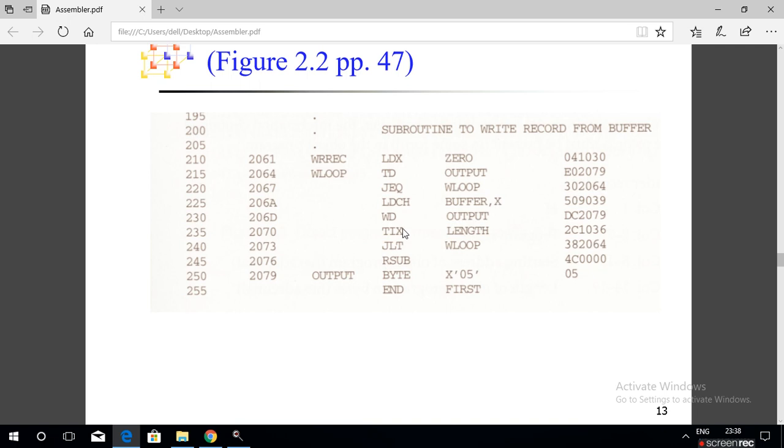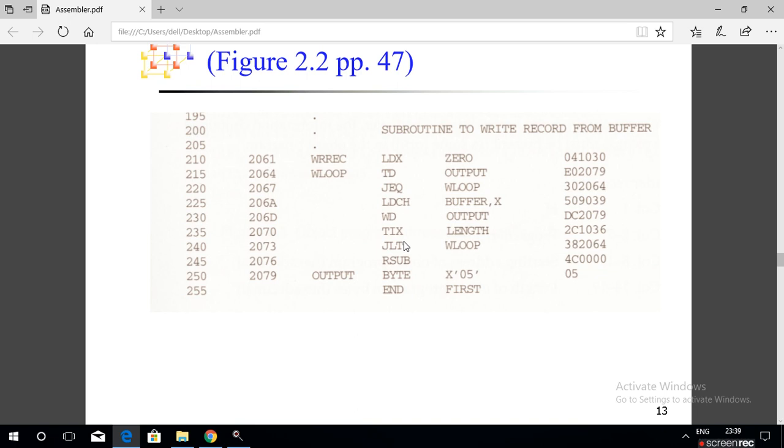WD output means this instruction will write that data to the output device.